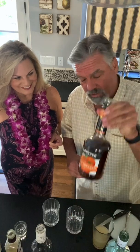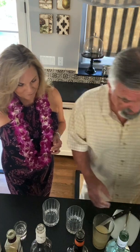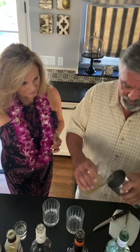And if you see it in blue, that's food dye. You don't want that, so go with the original orange. And then we used orgeat syrup, and orgeat is normally an almond syrup. If you go to the Monkey Pod, they use a macadamia nut version. We couldn't find one, so we're going to go with this. What we do is pour those ingredients into a shaker over a cup of ice,